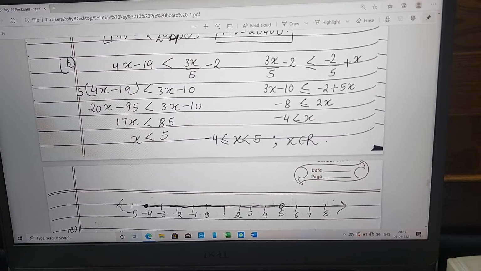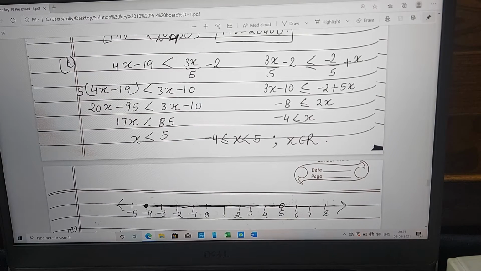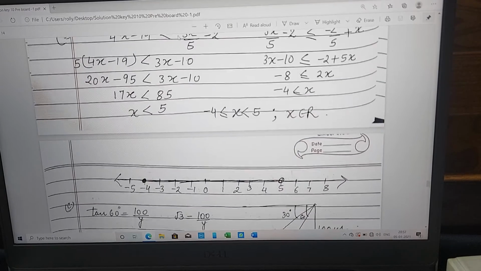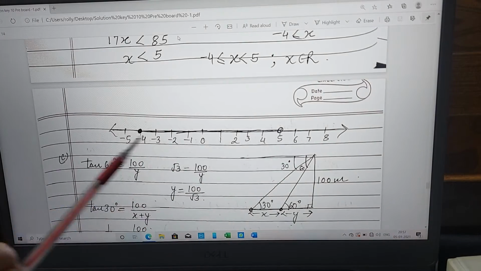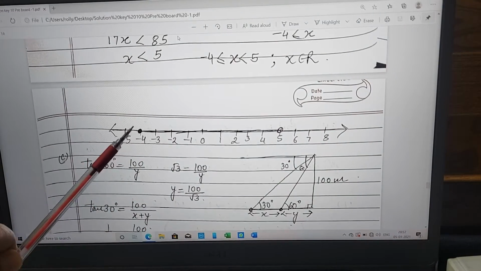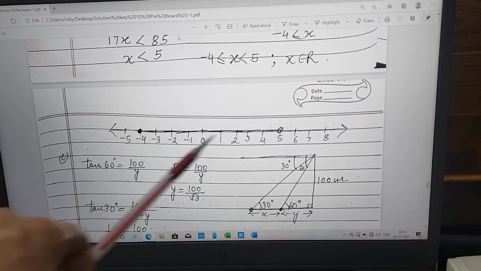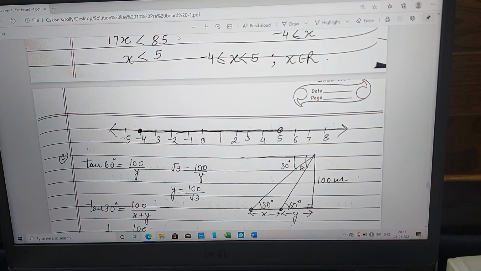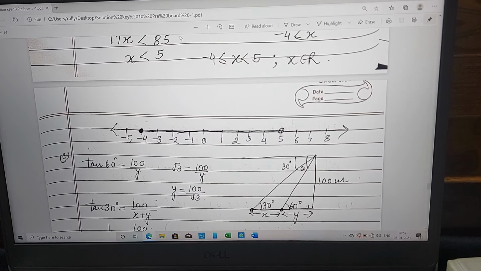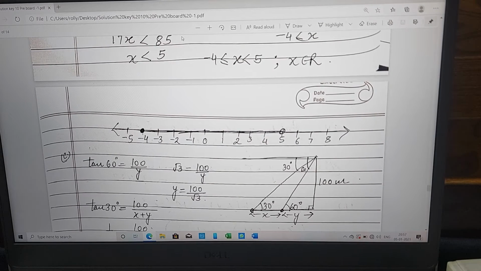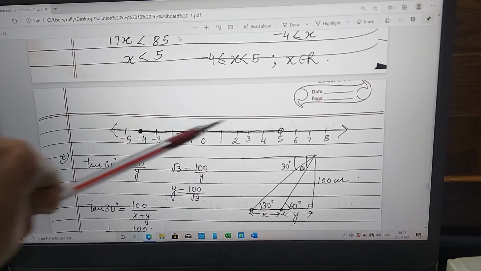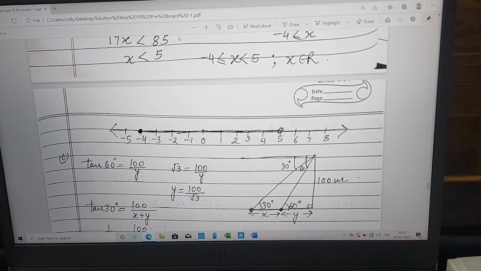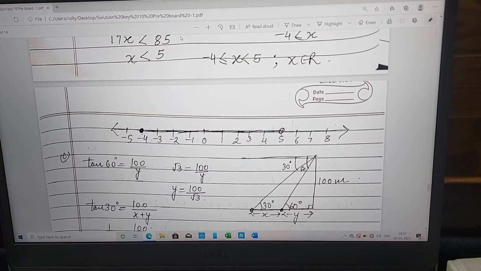And then when you are plotting them on the number line, first of all, the number line has to be drawn with a pencil. Clear? Equidistant. They should be equidistant with the help of the scale. And minus 4, because it is accepted, has to be darkened. And 5 will be only circled because we are not accepting it, it is less than 5. Clear? So 5 is not accepted. The entire line has to be darkened. You can take the points above them also, that is also all right. But the line has to be darkened.